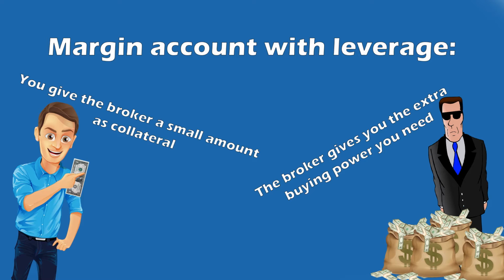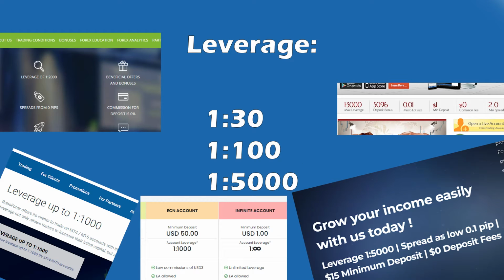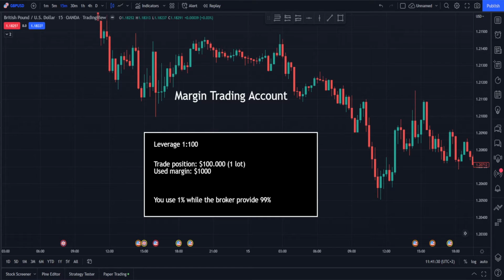Then your broker gives you the rest of the buying power you need to enter the trade. The extra buying power is called leverage. The amount of leverage a broker offers is stated as 1 to 30, 1 to 100, or even 1 to 5,000. To give you an example of using leverage, let's say that your broker gives you 1 to 100 in leverage. This means that you only need to have $1 in margin for every $100 you want to trade. So then you can open a trade worth $100,000 on euro versus the US dollar while only locking up $1,000